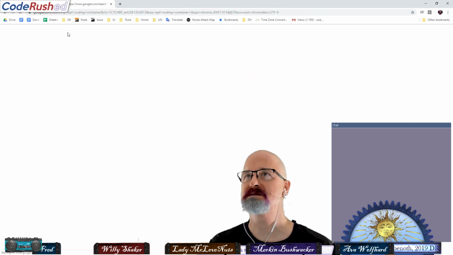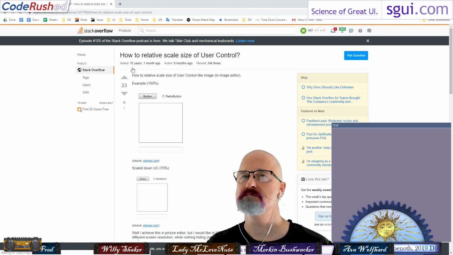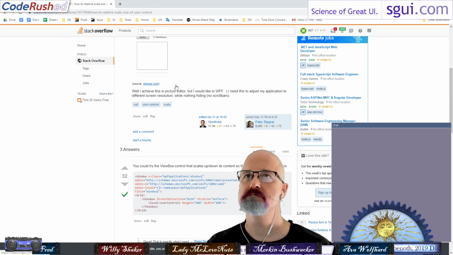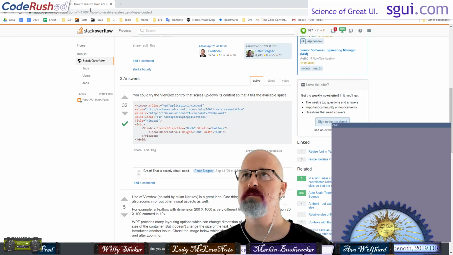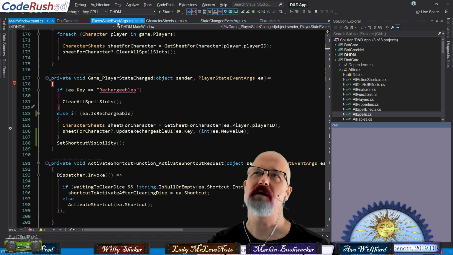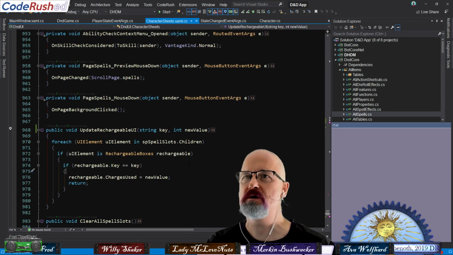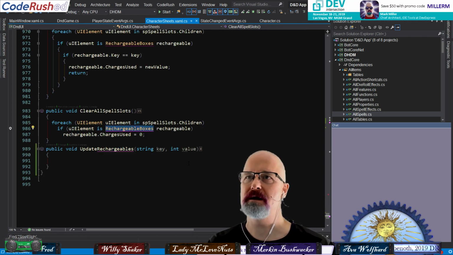Is it a zoom box? What am I thinking of here? View box. That's what we want. So that means that when we, in our character sheets, create rechargeable boxes, what I really want to do